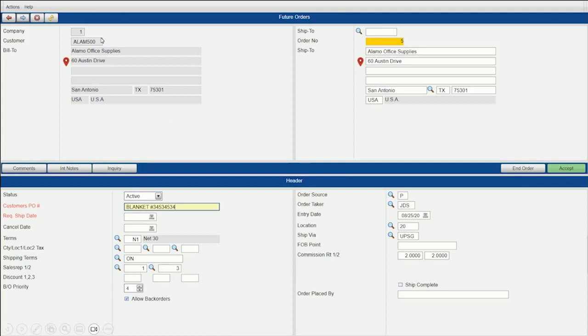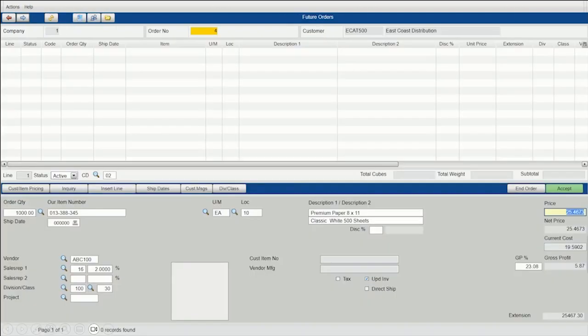If this was a true future order, you might want to put in a ship date, okay? We also have an option you'll see soon for multiple ship dates on an item, so let's see that as well. Okay, so I hit enter, and you can see the order entry looks very similar to our regular order entry, right? Same pricing tables, everything comes in, okay? Now, as I mentioned,